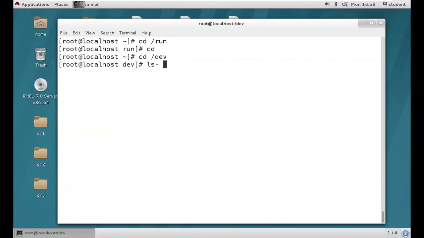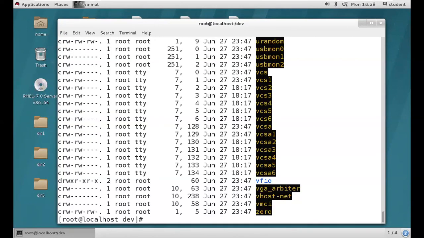So how to get the list? ls -l. We have huge content in this dev directory. My requirement is to filter only block files. The content scrolls up because we have a hardly 15 inch screen here, so we can see only a few lines. I need to filter block files from this huge content.